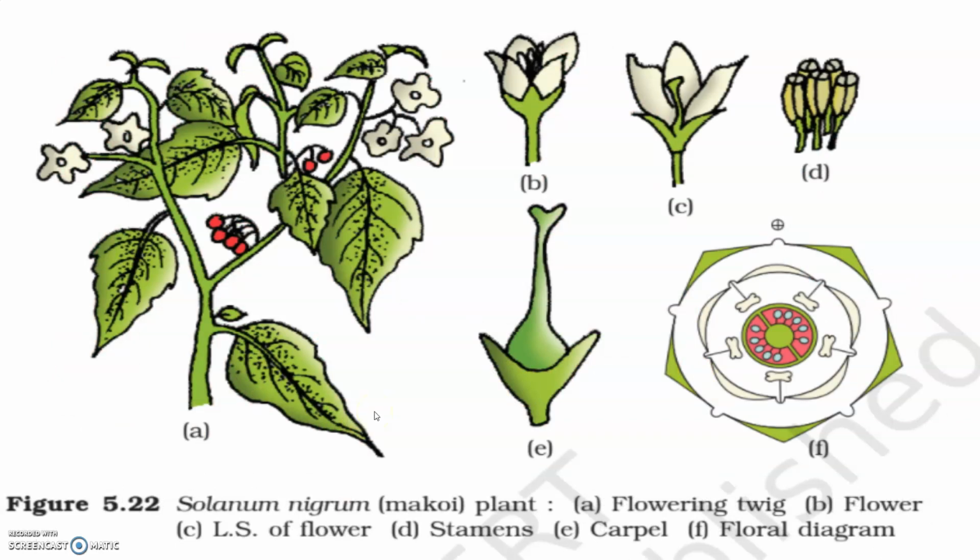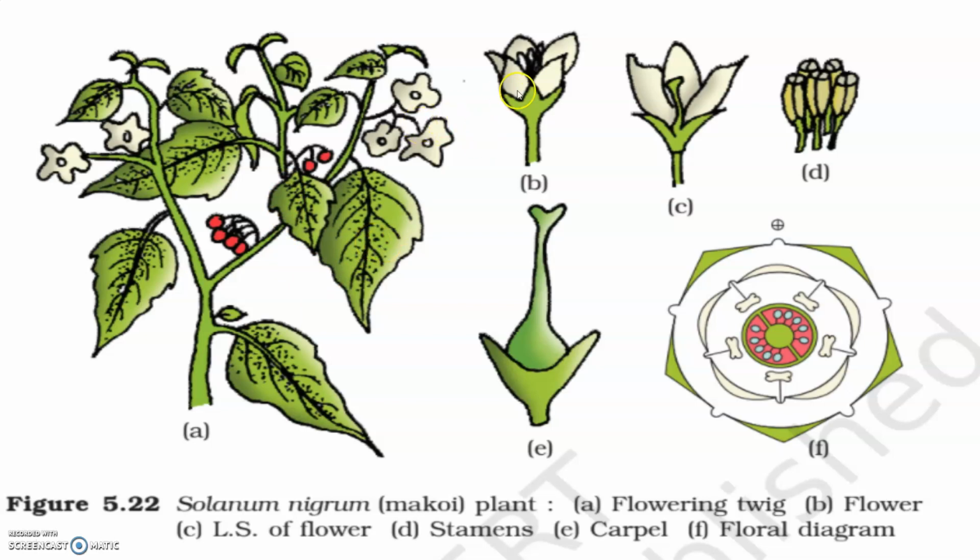Solanaceae. It is a large family, commonly called the potato family, and it is widely distributed in tropics, subtropics, and even in the temperate zones. The plants are mostly herbs, shrubs, and rarely small trees. Stem is herbaceous, rarely woody, aerial, erect, cylindrical, branched, solid or hollow, hairy or glabrous. Underground stem is in potato, that is Solanum tuberosum. Here the leaves are alternate, simple, rarely pinnately compound, exstipulate, and venation is reticulate.